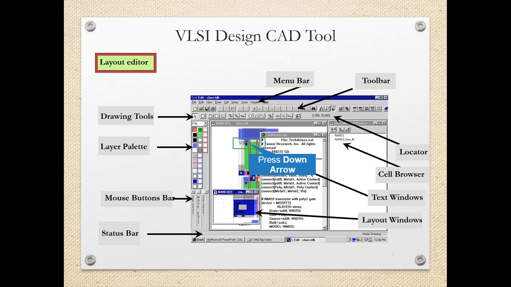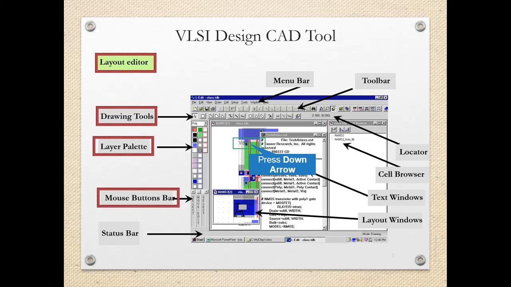So the first thing that is available is the drawing tools, with the help of which we can draw the layouts for the chip. Then for drawing the layouts, along with this drawing tool we require some palette. Based on the type of the layer, the different palettes are available. Like for metal, the blue color palette is available. Then for the diffusion, the green color palette is available. For the gate, that is the polysilicon, the pink color palette is available. So likewise for different layers of the material, different color palettes are available.